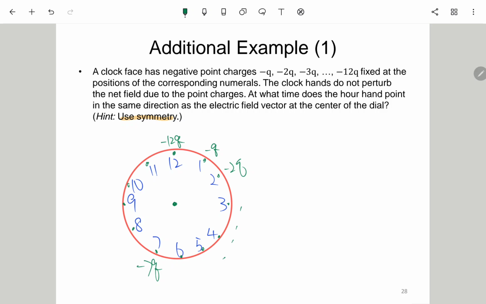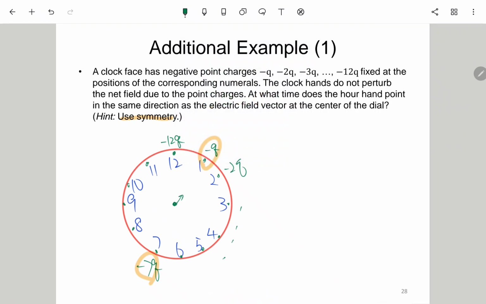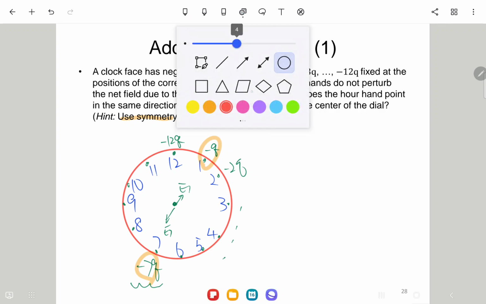Okay, so in such a way, here we first consider this negative q and negative 7q. As this is a negative charge, it generates an E field pointing like E1, and then E7 like that. And as they are pointing in opposite directions, and this is negative 7q, this is negative q, it will be something like